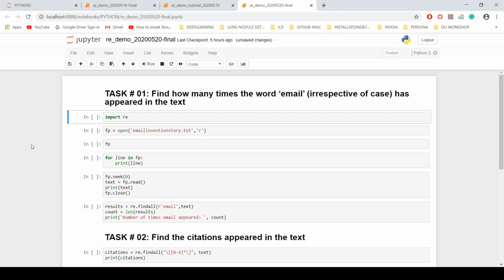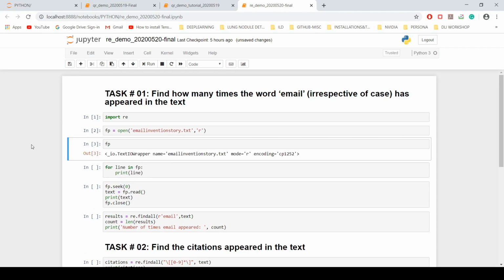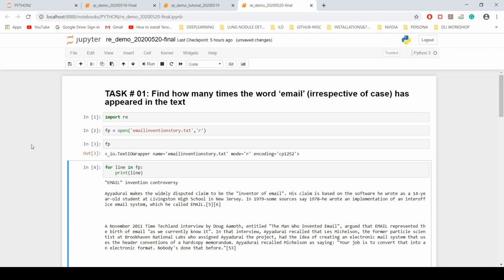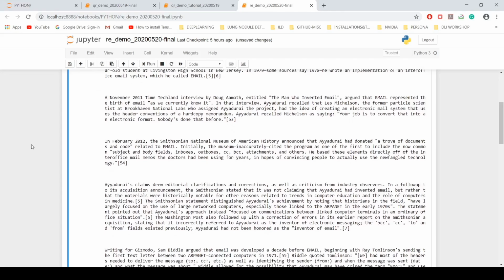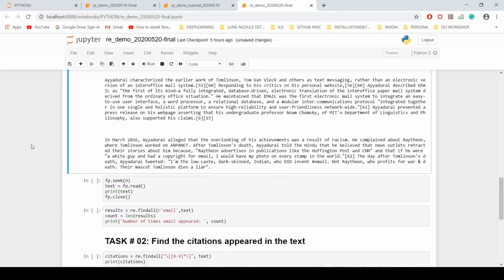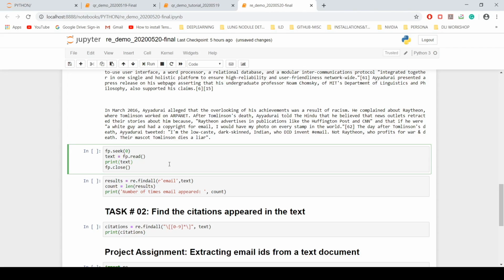Okay, here we go. Task 1. First import the regular expression library and then open the text document that I have provided to you. Its fp is a file pointer. Printing that alone doesn't give anything. What text it has doesn't get displayed. One way of displaying it is like this, within the loop, reading line by line and displaying it. Alternatively, this is how it can also be done.